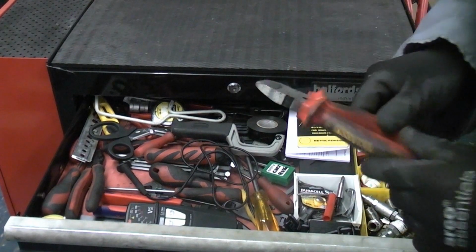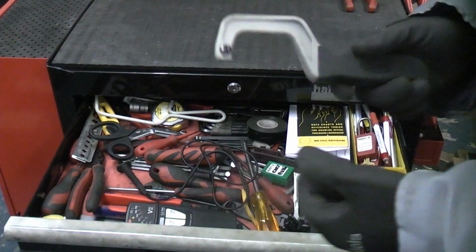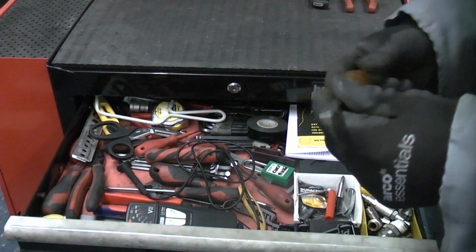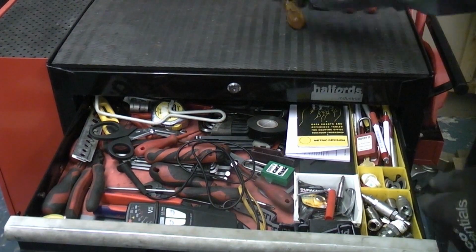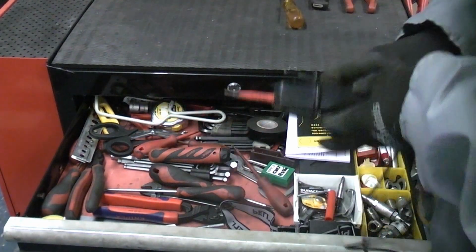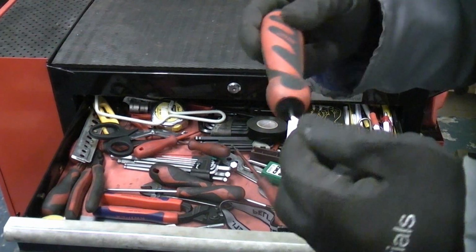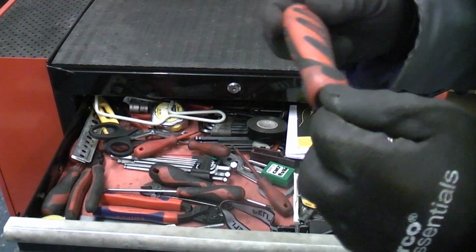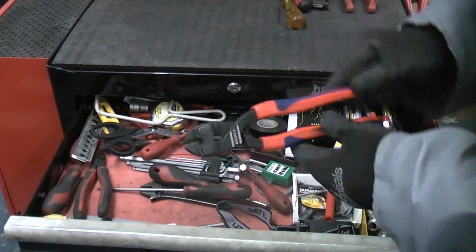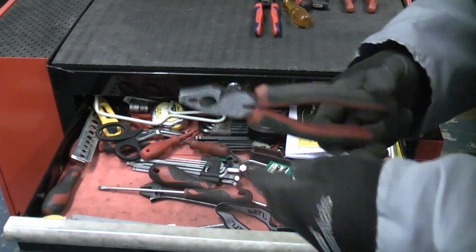So I've got a pair of side cutters. That is a handle for a hacksaw blade, which is very useful if you need to get in some confined spaces. Slotted screwdriver, voltage tester. That's a deburring tool, which is handy for removing burrs from pipes or pieces of metal that you cut. Then got a pair of Knipex mini bolt cutters, a pair of Teng pliers,